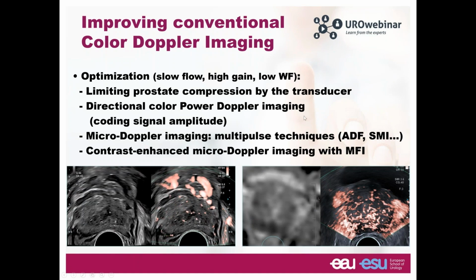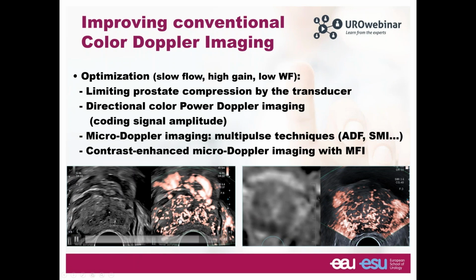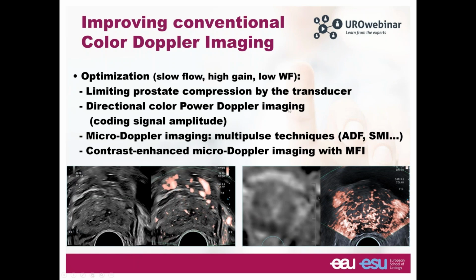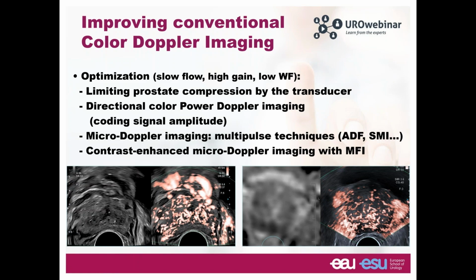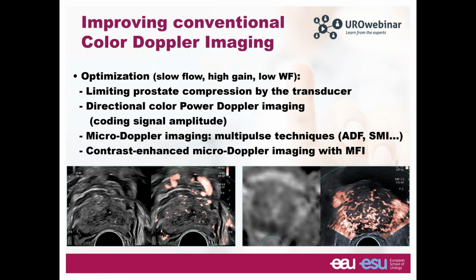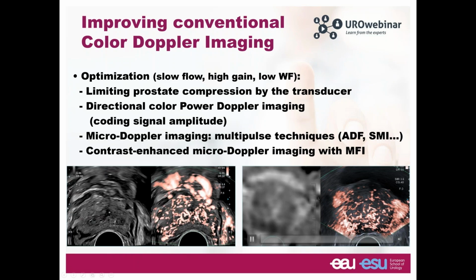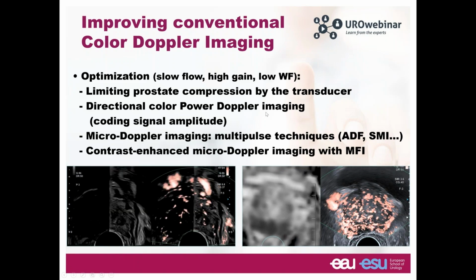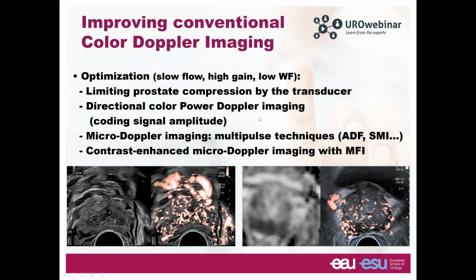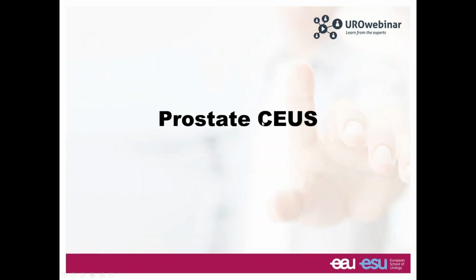We can combine this with contrast agents with ultrasound and accumulate the signal of the bubbles traveling in the imaging plane, and this is exactly what you're seeing here. So we have here the true pattern distribution of the vessels inside the prostate or even inside the prostate lesions. We can even combine this with fusion imaging, and you can see here the result on this example. So these techniques are very exciting and just leading to major improvement in prostate cancer